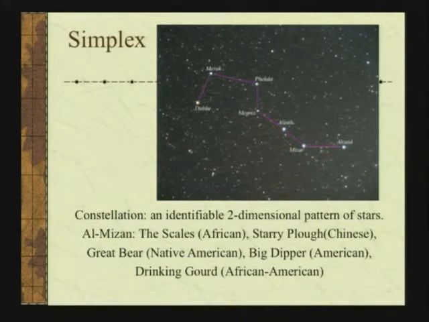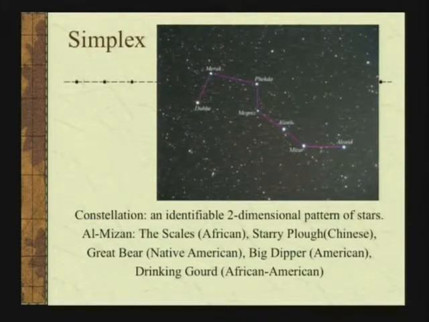in the original culture that named all the stars. Okay, which is Arabic. But this is actually, when this got named, it was before Islam. Not much before Islam, but Islam existed before Muhammad. Okay, it did. And Islam says that too. But Almazan, the scales. The Chinese call it the starry plow. Native Americans called it the big bear, great bear, or named in Greek Ursa Major,